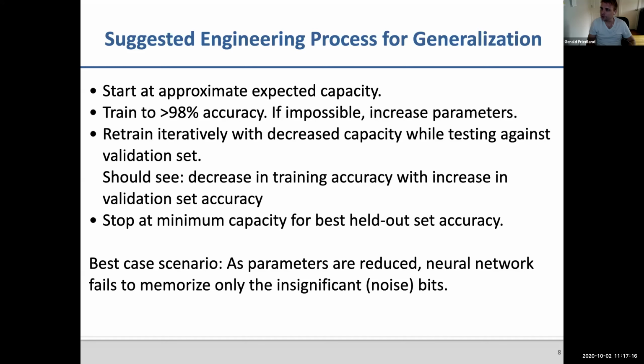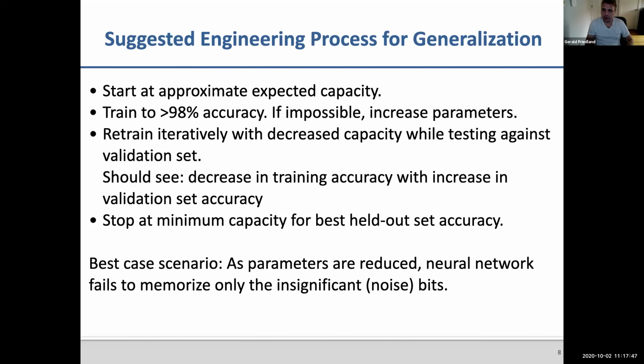There are 2 ways of doing this. First way is, why don't you just start at the capacity, right? So you take my program and the algorithm that you just saw, and you measure out your data, and it gives you an estimated capacity. And then you build a neural network using the rules that we learned in the lecture before that has the memory equivalent capacity exactly at that estimated capacity. And then you train it. You train it to maybe 98% or something.